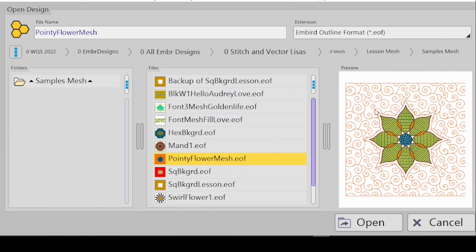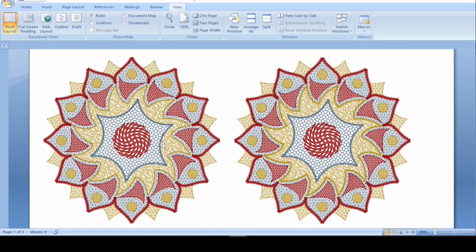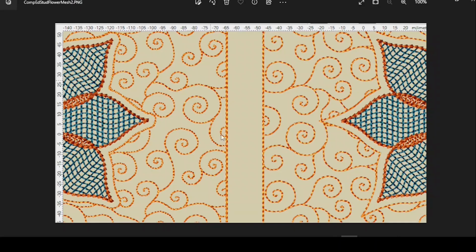This is the one where, you know, the echo is perfect and it's perfectly pointy, just like the flower. And that's because I made it in studio as opposed to making it in editor. And I think I posted this on the Facebook groups. Oh, not this one. So this is what I showed on Facebook, is the difference between making your outline in editor,